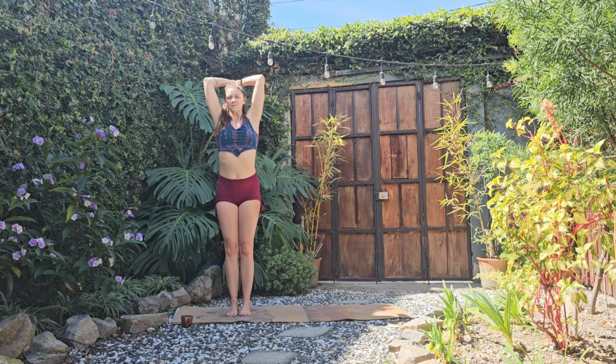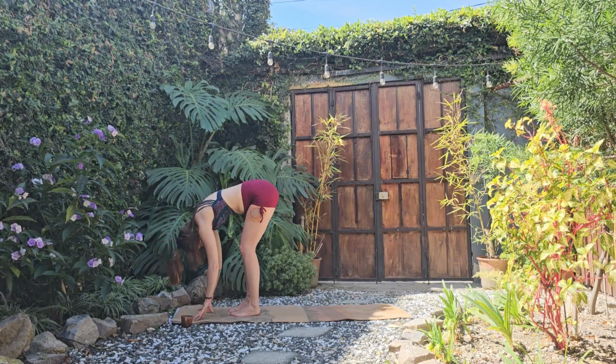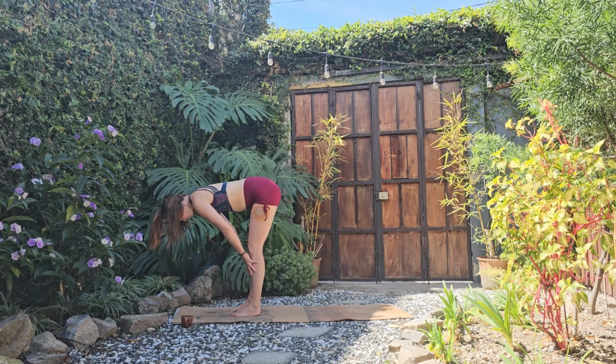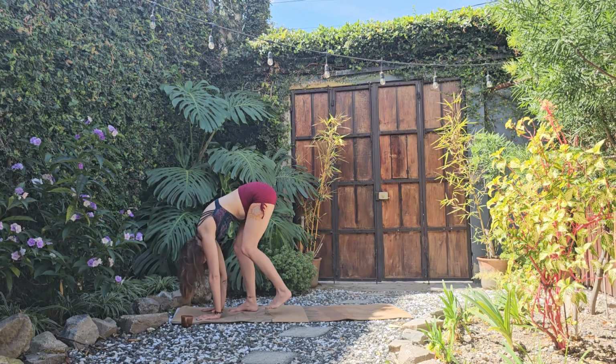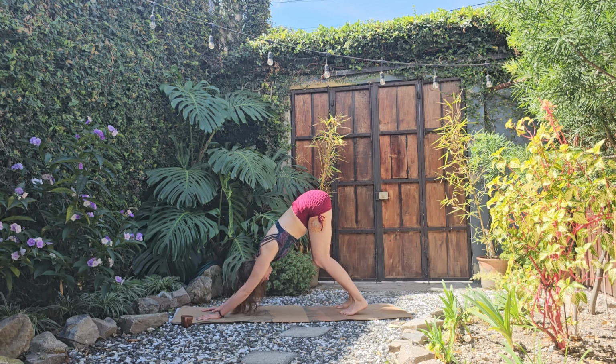We'll inhale back to center and exhale as we begin to dive forward, coming into that forward fold. Finding that halfway lift on your inhale, feeling engagement here. Exhale as you fold, plant your hands to the mat and begin to walk your feet back into your downward